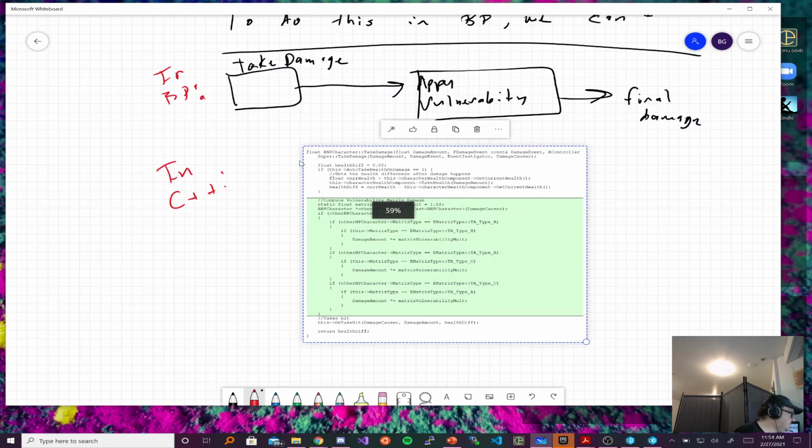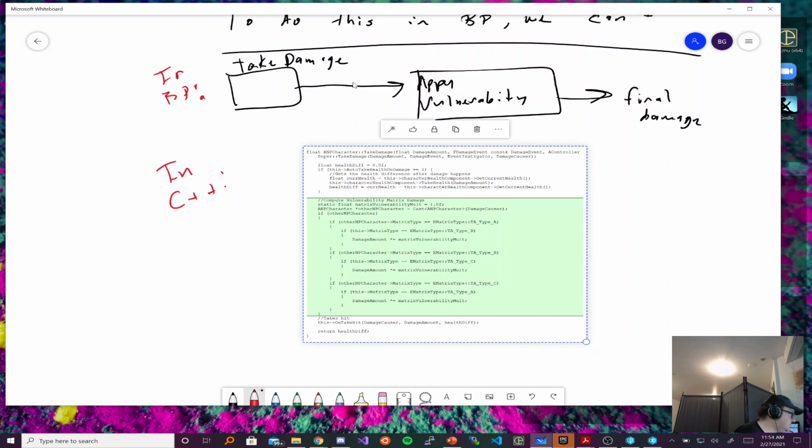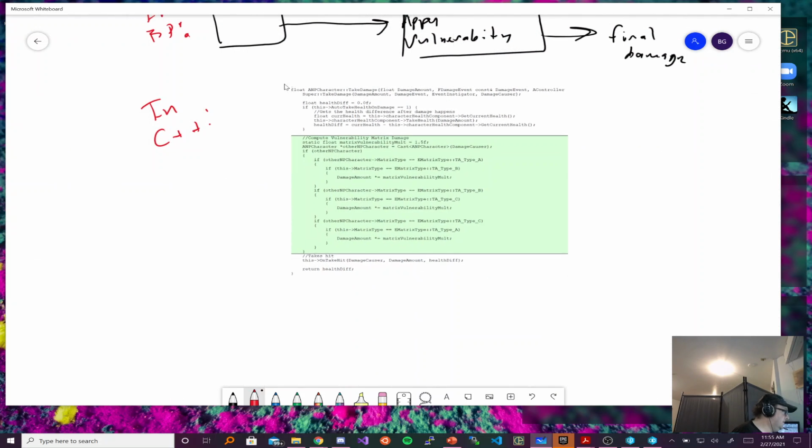So this can be merged. The above cannot be, because ultimately underneath, if you think about the file, and this gets into some sort of operating systems topics, but if you get into the file of the take damage, apply vulnerability, final damage, if Vic went in and made a change to that same blueprint, it would be very hard to merge it automatically. You could do it by sight. You could go in there and make the changes, but you cannot do it in C++, or you cannot do it in blueprints automatically. So merging